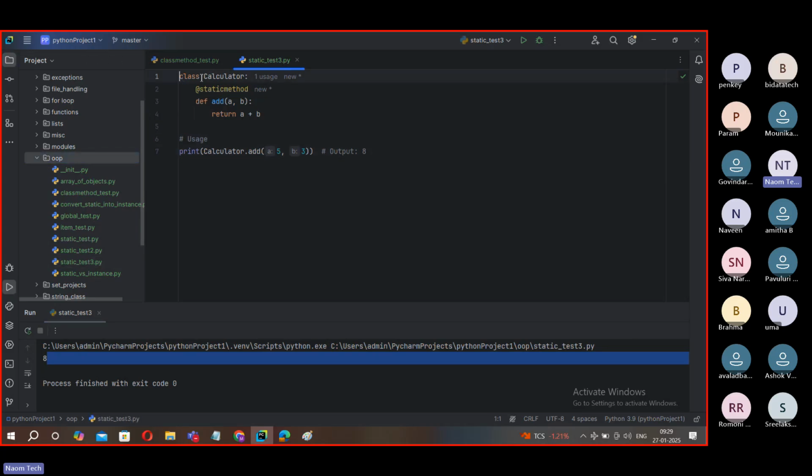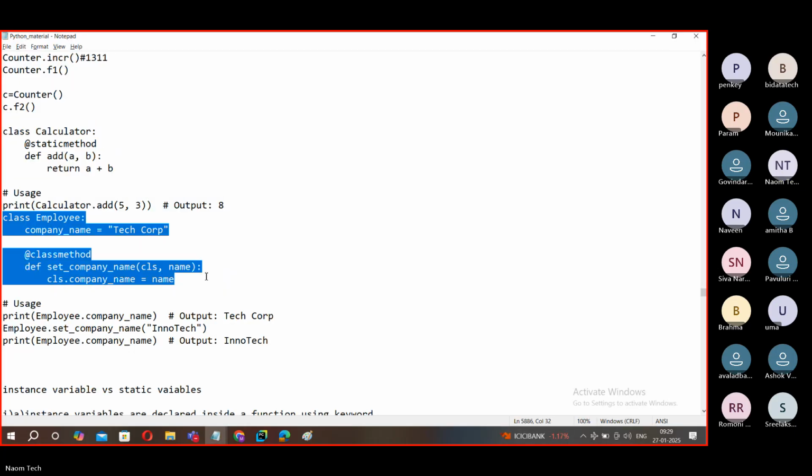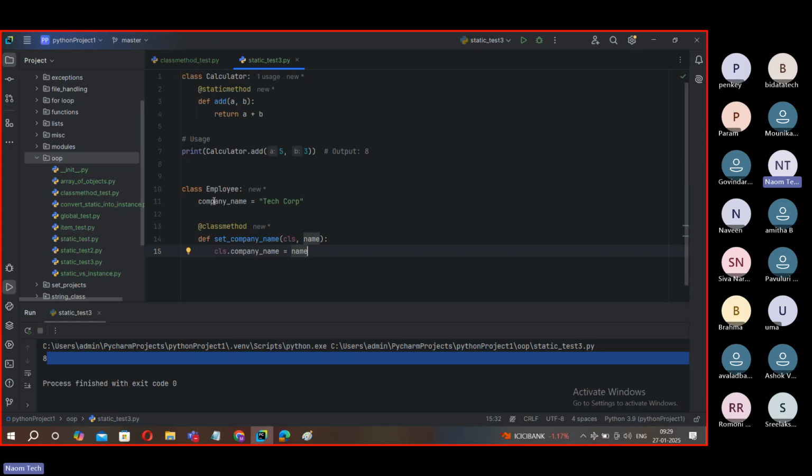Next one. For the time being, if you want, you can put that also. Now copy this. Use this. Code wise, we don't really have something difficult to understand. Employee has just one static variable, a variable at class level. Static acts as a global at class level. We are assigning this, and then